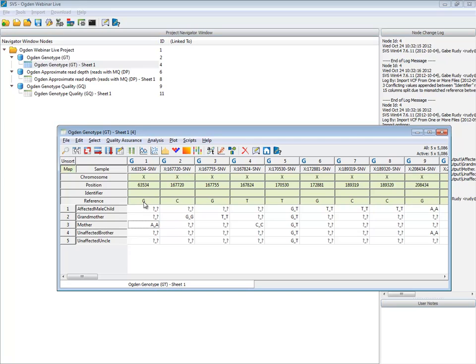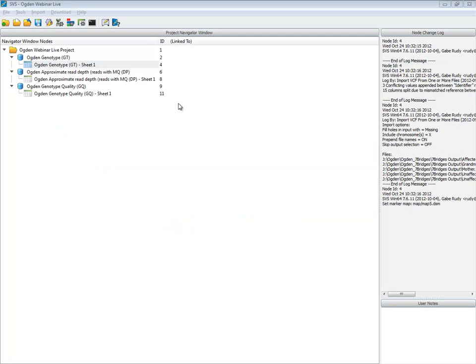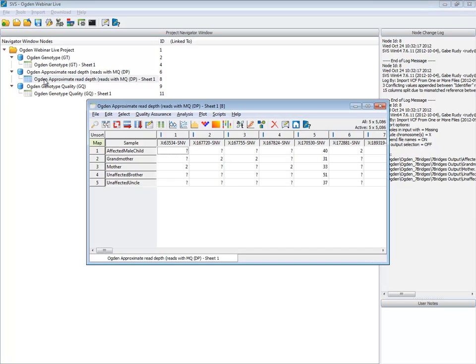We can see what the reference is by expanding our annotations. And I'm going to point out the details in those other 2 spreadsheets. So this is our genotypes. Notice again there's only one genotype per sample for these first couple of columns. And let's look at the read depth. Sure enough, for those same samples, the read depth is only 2. So these are examples of genotypes that we really want to drop before doing any more work.